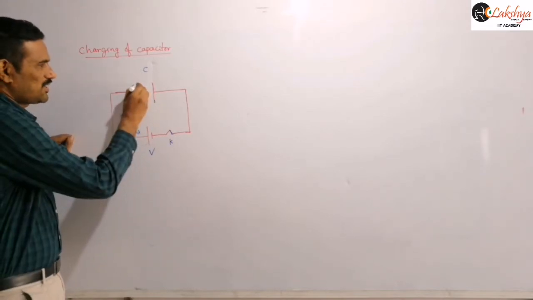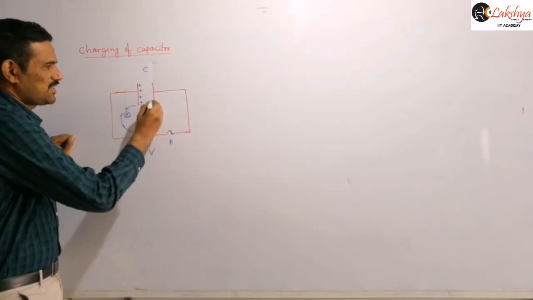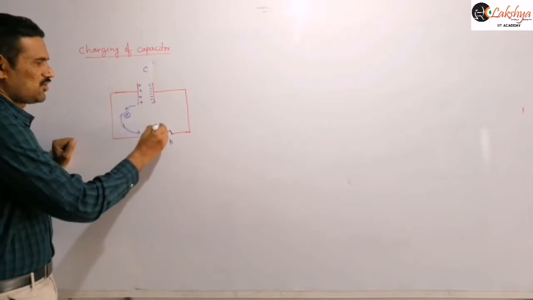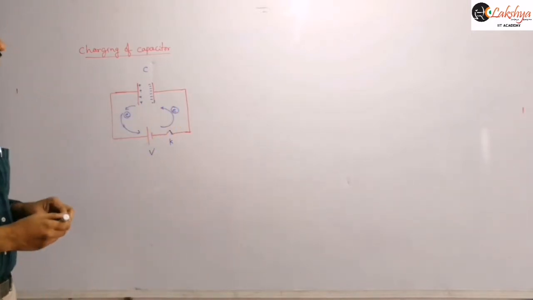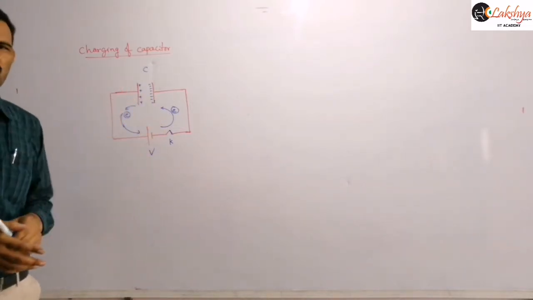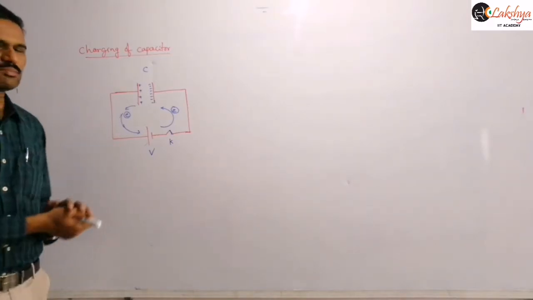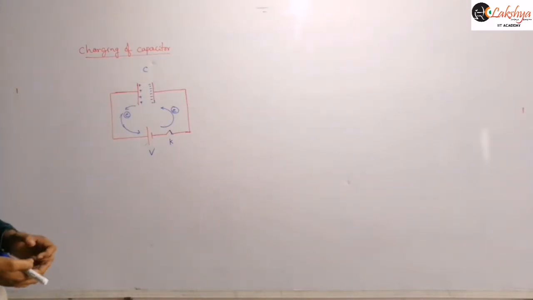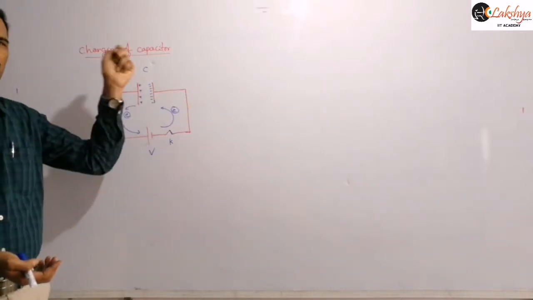Here we may consider this positive charge is appearing on this plate. And here similarly this negative charge will appear. An excess number of electrons will reach that plate, those electrons will be transferred like this. Got it? So now the charging of this capacitor will take place. That means if you connect a neutral capacitor to this battery, then automatically some charges will appear on it. How do the charges appear? Just charges from one plate will be transferred to the other plate.